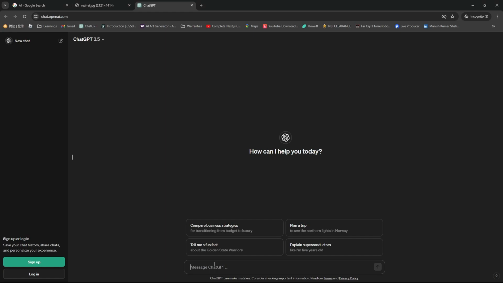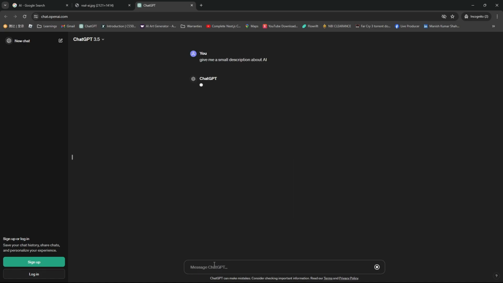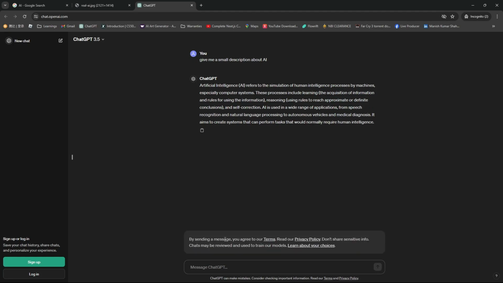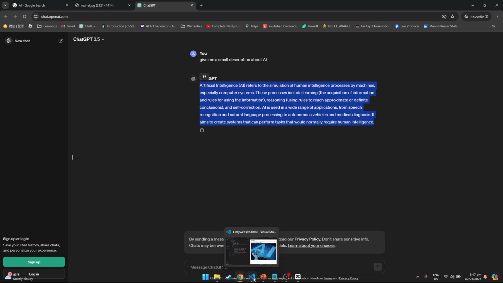So let's just ask it to give me a brief or small description about AI. Yep, that's good. Let's just copy that one and then paste it to our VS Code.